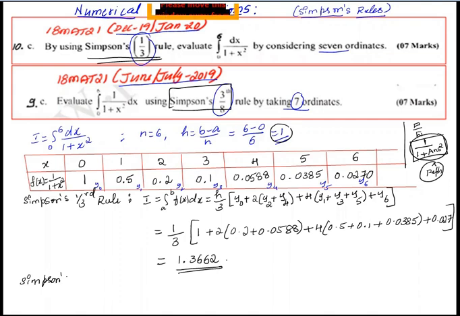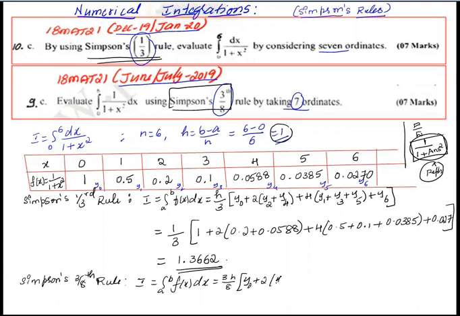for Simpson's 3/8 rule. I is equal to integral a to b f of x dx, that is 3h by 8 times y naught plus 2 times y3 plus 3 times y1 plus y2. Okay, y3 written here. Next y4, y5 plus sixth value y6, and substitute